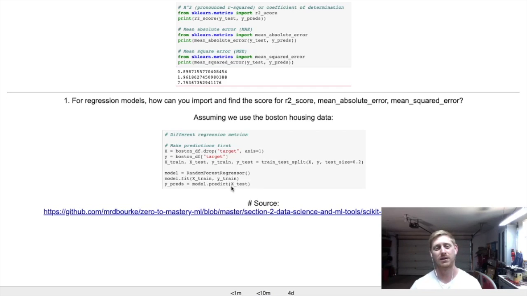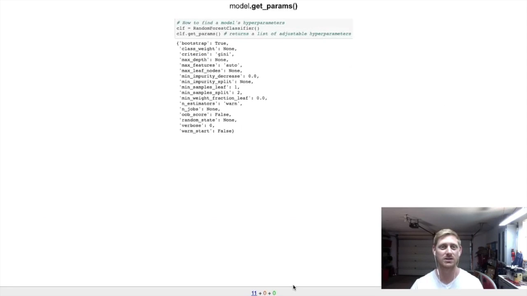And then I was also going to mention that if you're working with a classification model, which is not this regression, but if you did need to find the prediction probability, what you could do is y_pred_proba equals model.predict_proba, and then it would also take an X_test. So that's a pretty easy flashcard.